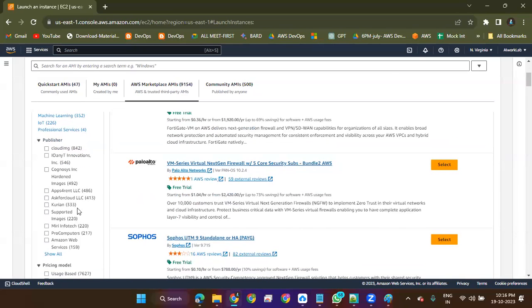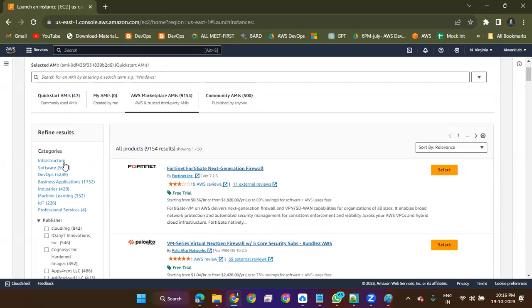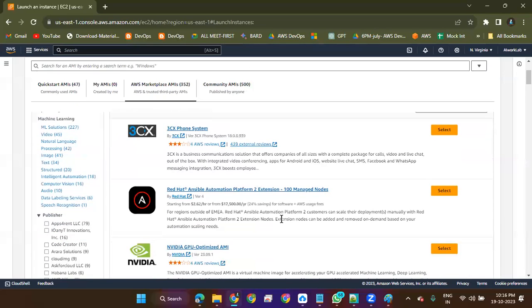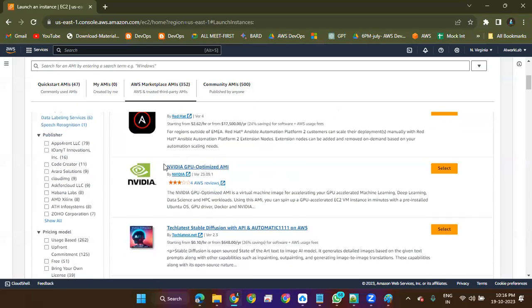So you have multiple options here: infrastructure wise, software wise, DevOps wise, business applications, industries, machine learning. If you go with machine learning, we have NVIDIA, and Ansible automation. NVIDIA graphic cards and GPUs are being used in many areas, like in every camera.